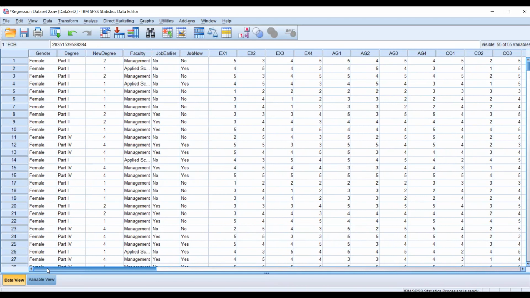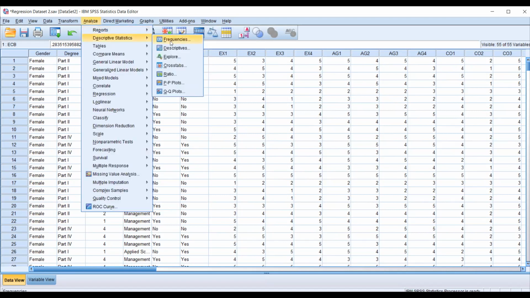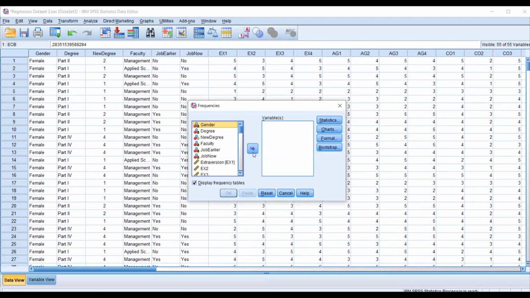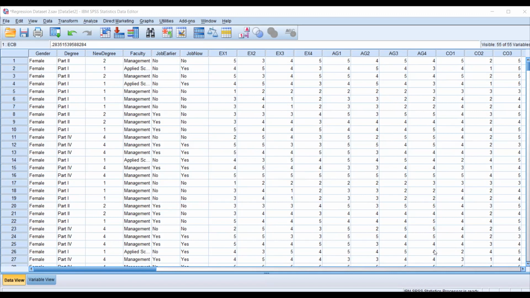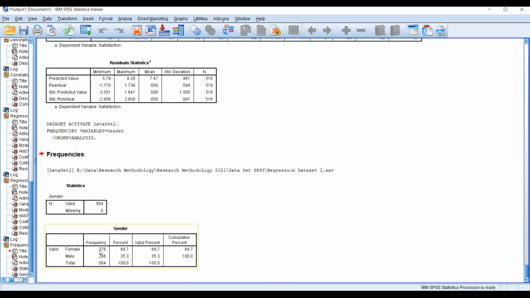Right? So in order to do this kind of thing, please make sure that your sample has an adequate portion of both male and female. Right? If you check here, descriptive frequency, and I'm going with gender and click OK. And here I can see I have 378 female students and 206 male students. That means some kind of adequate portions to make sure of the difference between male and female with regard to the